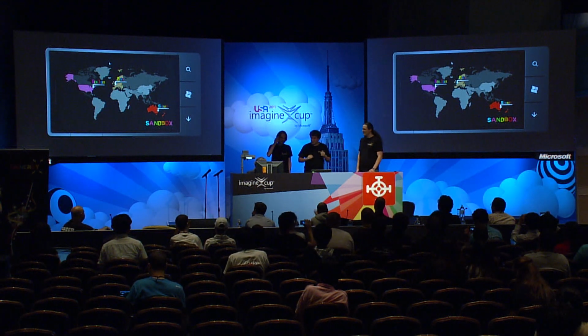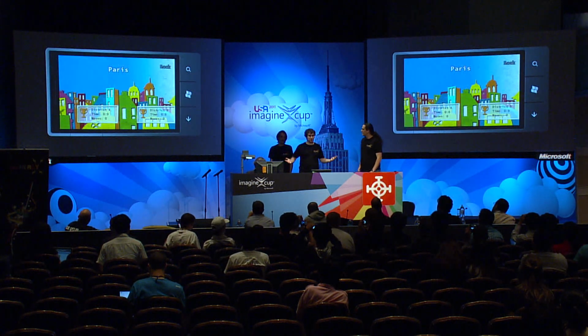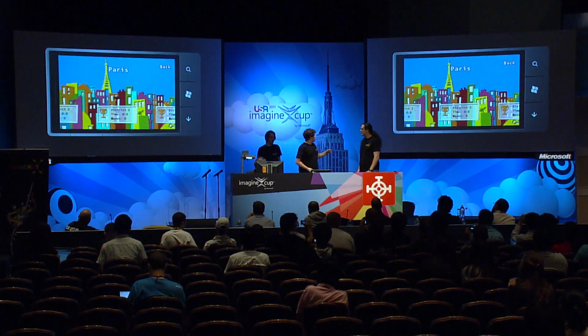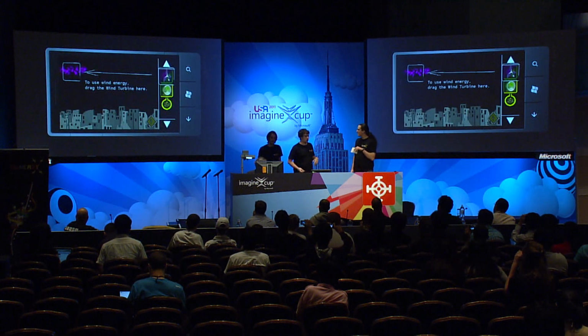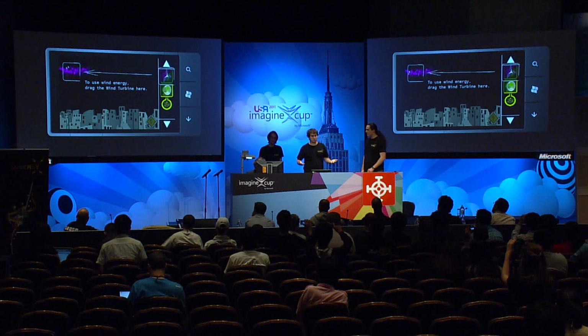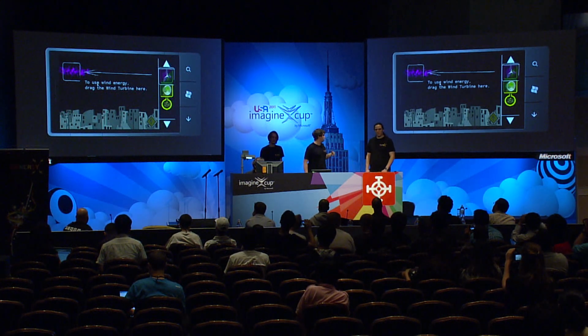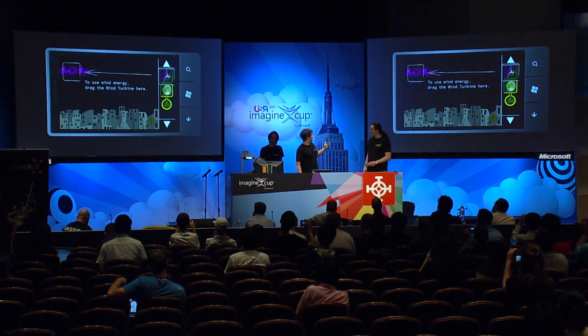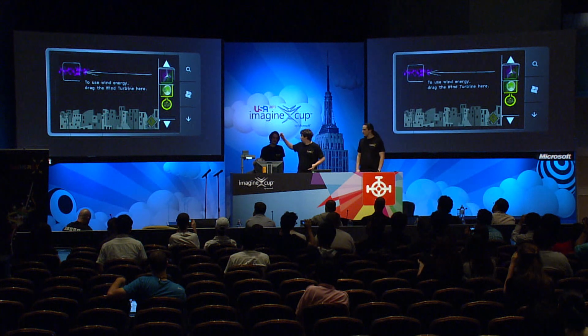So let's start with a tutorial level in Paris, in order to highlight the basic mechanics of the game. You can see on the left side of the screen an energy flow. It represents the wind energy. Each kind of energy has a specific color. This one is purple. Okay, and what is the aim of the level? The aim of the level is simple. You have to fill the